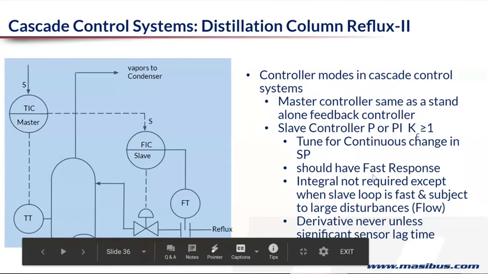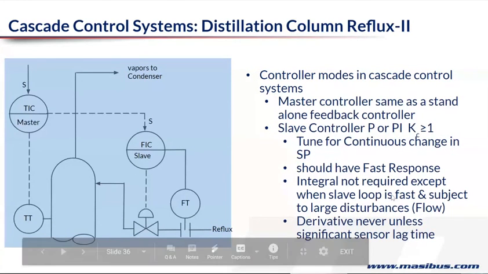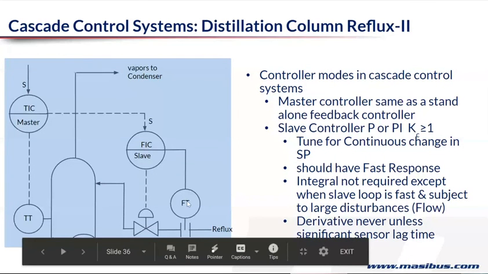Integral is not required except when the slave loop is fast and subject to large disturbance. So if the disturbances are not very large, then integral is not required. And derivative you use only if the sensor again has a lag.